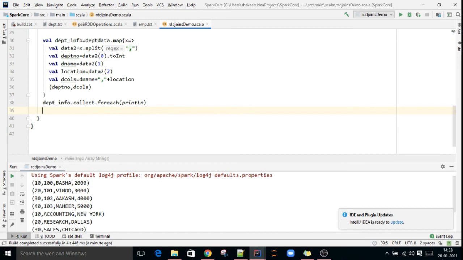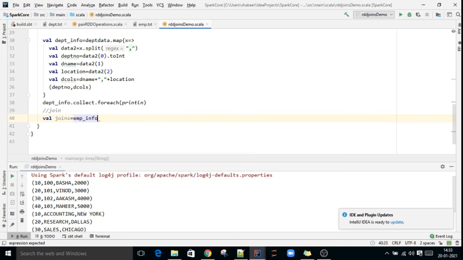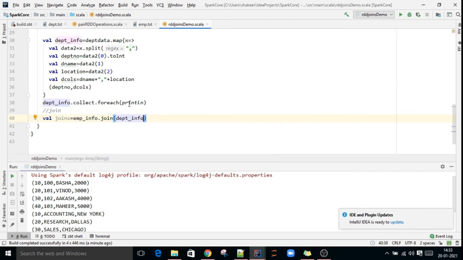How do we perform joins? Val joins equal to emp info.join, dept info RDD, the join of the first RDD with the second RDD.